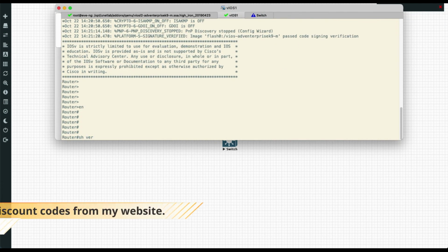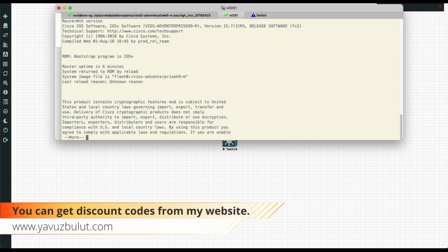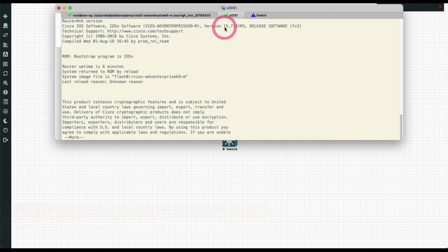Here, let's look at our router when our switch is turned on. Our router is turned on. Let's look at the version of this device. When you type show version, you can see your device version here. Here you can see that virtual IOS is Advanced Enterprise and its version is